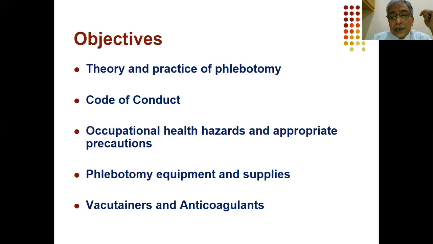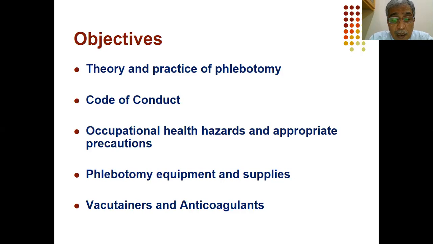Then occupational hazards and appropriate precautions. Occupational hazards can be needle stick, patient problems, hazards from the syringes, hazards from the blood, hazards from the cut. Whenever some person is taking the sample, it is your domain that you have to guide the phlebotomist on how the samples should be collected and what precautions should be taken, and until and unless you are clear yourself about the sample collection, you cannot guide the next person.